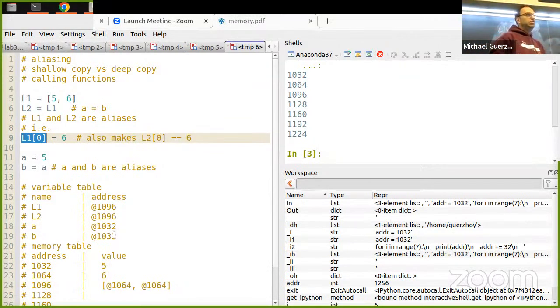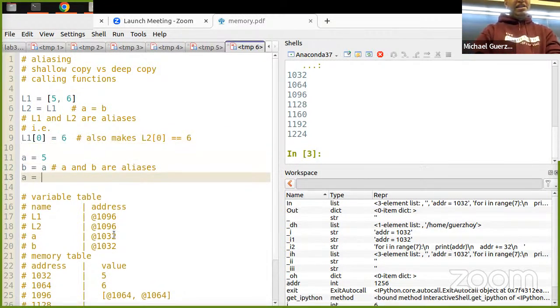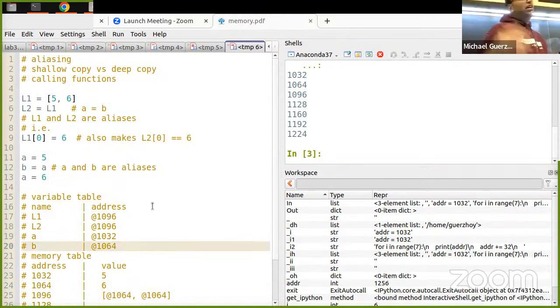That's just not available. What is available is saying A is equal to 6 now. A is equal to 6 means take the address of this, so 1064, and copy it over here. Now A and B are not aliases. It works the same way with lists. If you say L2 is something new, some other list, you change the variable table, and L1 and L2 are not aliases anymore.